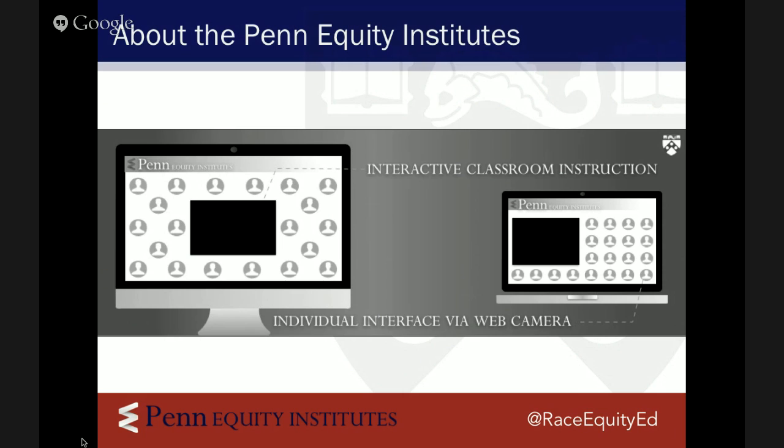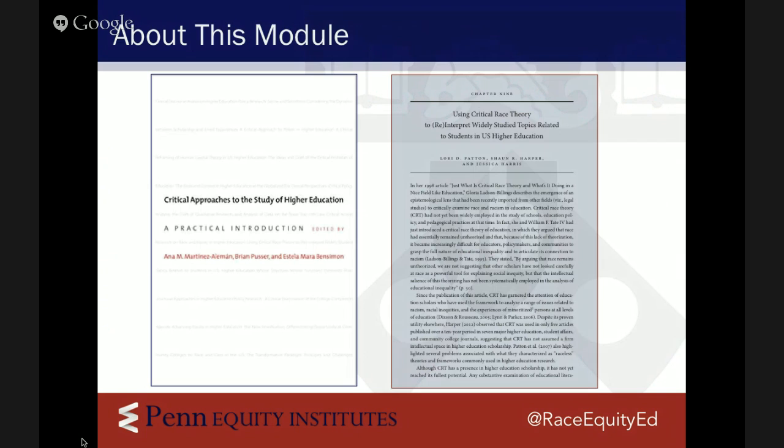The first module last Tuesday was about some common approaches to studying race in higher education, and there were some critiques of those. The second module was a panel of very celebrated, very well-respected professors and researchers in the field, Estella Ben-Simon, Sam Macias, Sylvia Hurtado, Julie Park, and Susan Johnson from Lumina Foundation.